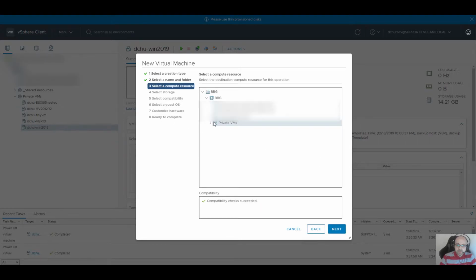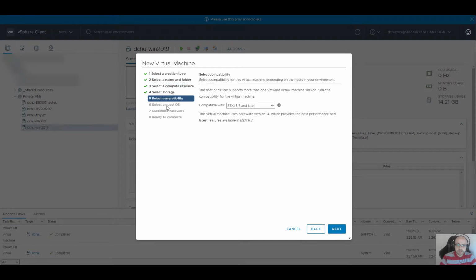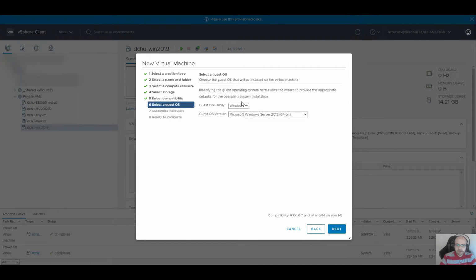The next step is to allocate the resource pool and select which store or storage it will be. For me, it's a general cluster of storage disks. You may have a local storage if it's a default setup. We will not touch compatibility options. It will be Microsoft Windows 2016 or later. That's the option we have, so we can specify 2019, and